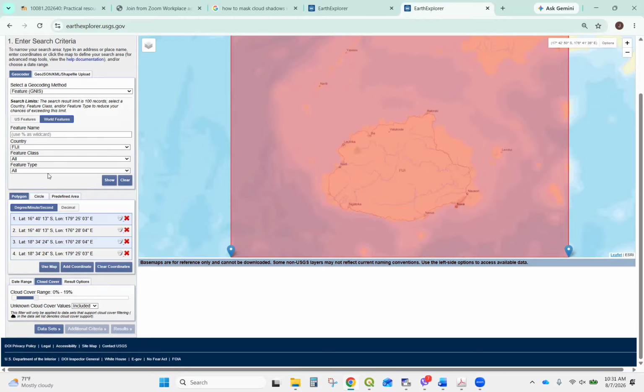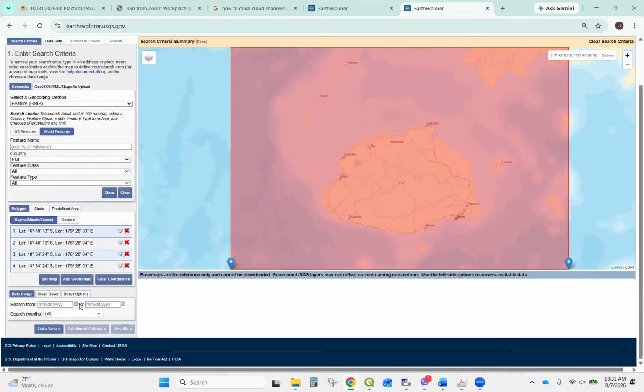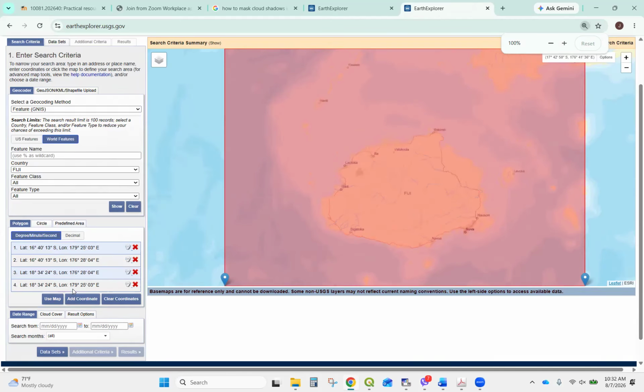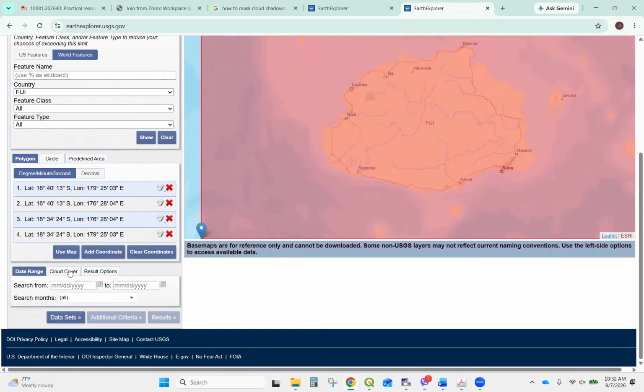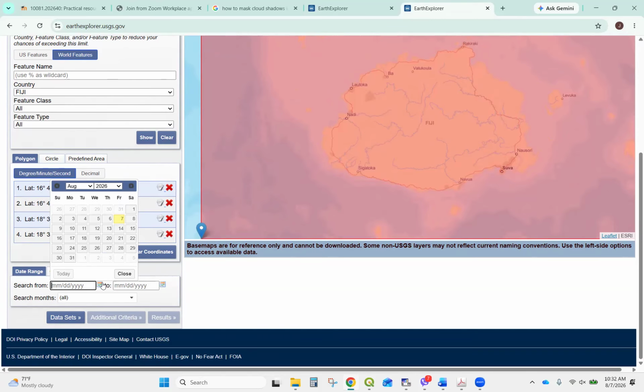Select the dates. Okay, once you have reduced your cloud cover, go to date range. It's going to ask you want images from which date to which date. Here, this bottom left corner. So what I'll try and do is I'll try and take an image from